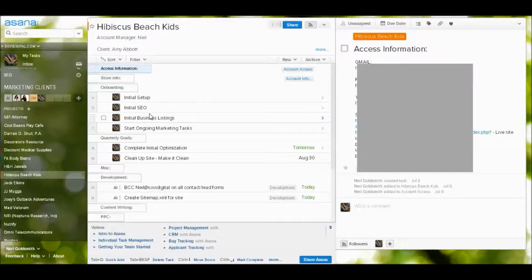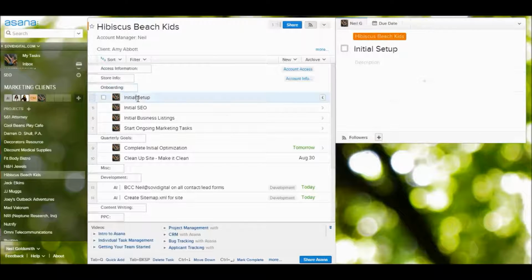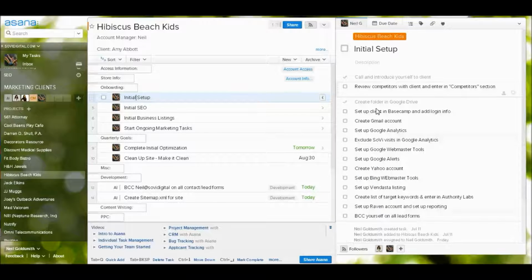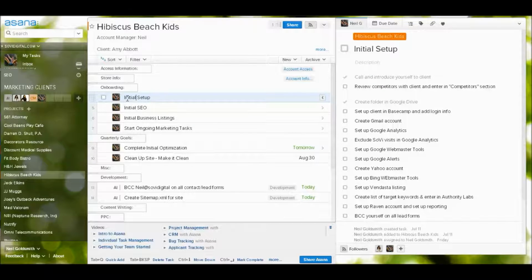With Asana, everything's literally on one page. There's no loading time. As you see here, you just click it and it pops up right there. You're not really changing URLs. So here you can see all of these subtasks, which makes everything very easy to understand. So within this one initial setup task, you have all these subtasks,